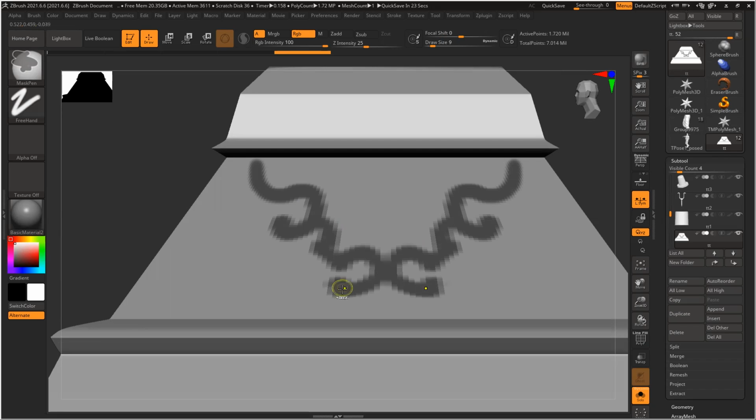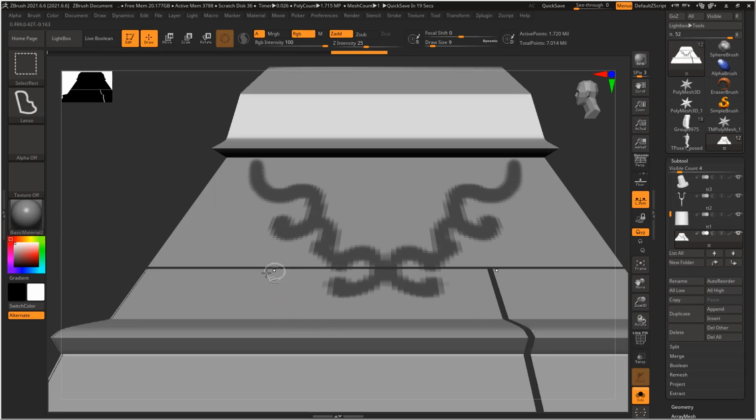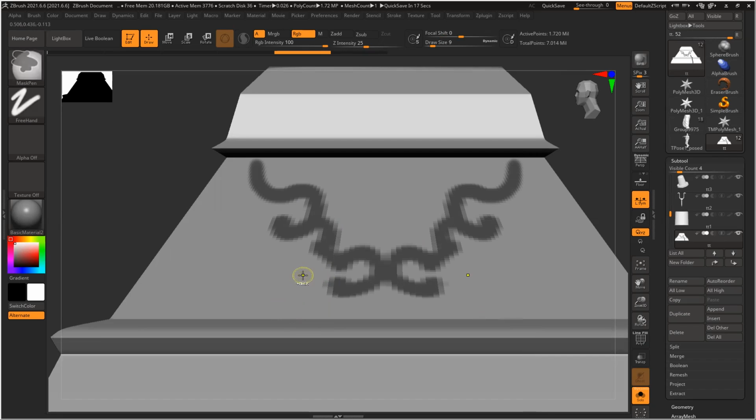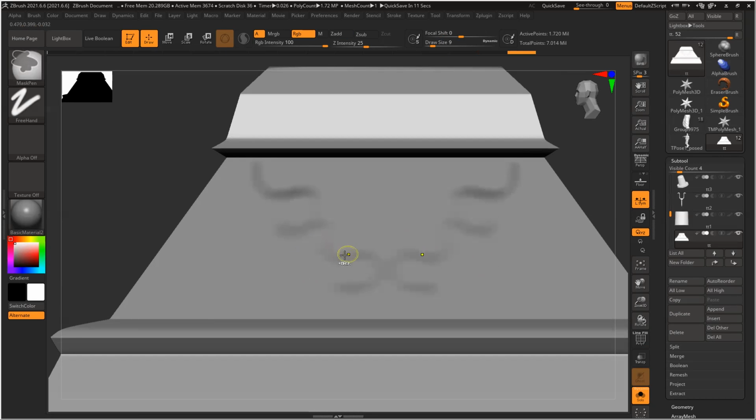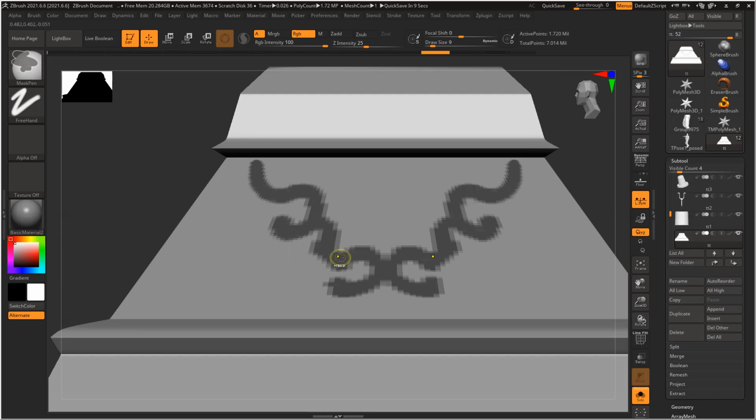So what's the shortcut for sharpening the mask? Control Shift click. Oh, sorry. Control Alt click will sharpen. Control click will make it soft. Control Alt to make it sharp. Control click to make it smooth.